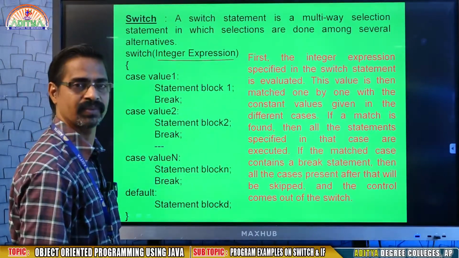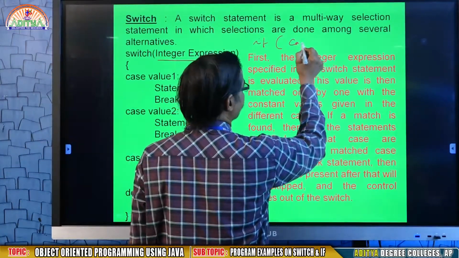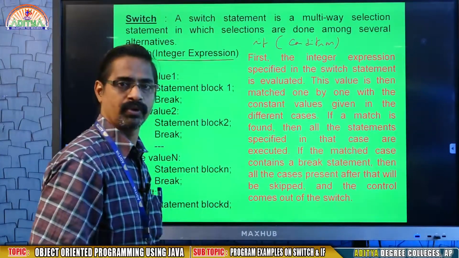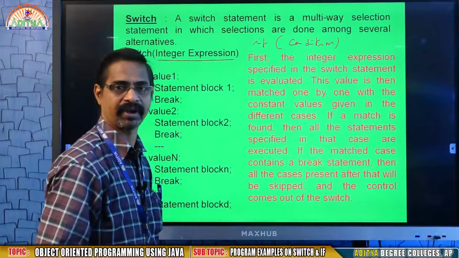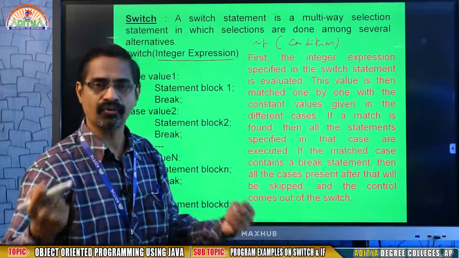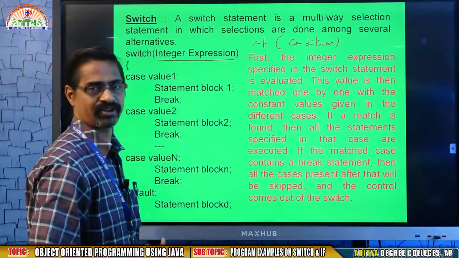expression. In an if statement we write a condition, that means A greater than B, I less than or equal to 10. You may write relational operators and logical operators in if. From that condition it will evaluate true or false, and according to that it will perform the action. Now in this moment there will be an expression.